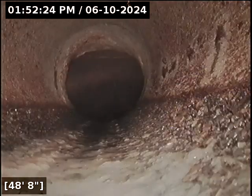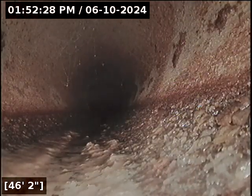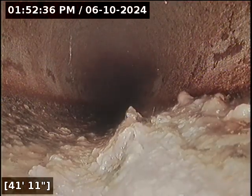And generally speaking, McMinnville, unless something's changed of recent, I used to do a lot more out here in years past. The city takes responsibility for the sewer line. I believe it's at the right-of-way. If nothing else, it's at the street edge. It's been long enough, I can't remember exactly, but...